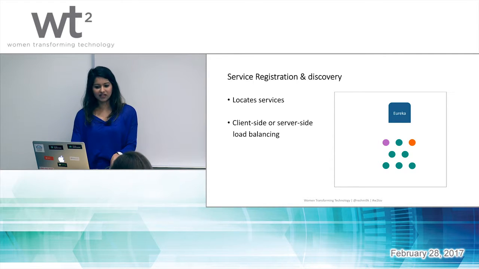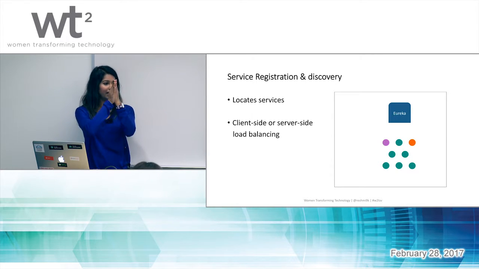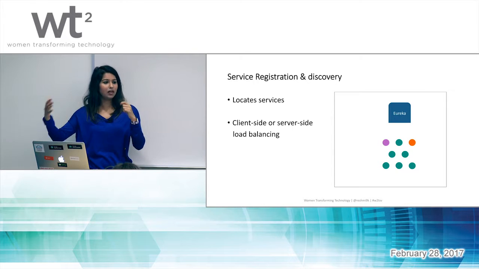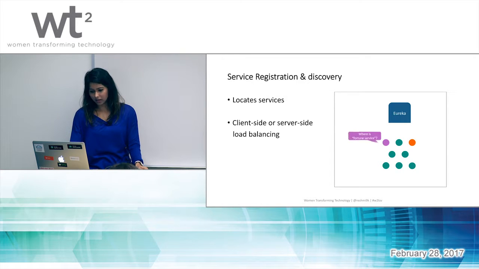So Eureka, the way it does it, is it locates services not by the URL, but by their service IDs. So when you deploy your applications, Eureka knows you have deployed applications A, B, and C just because you send a ping to Eureka. And you will send a ping every 5 seconds. So Eureka will know where you reside. As a result,